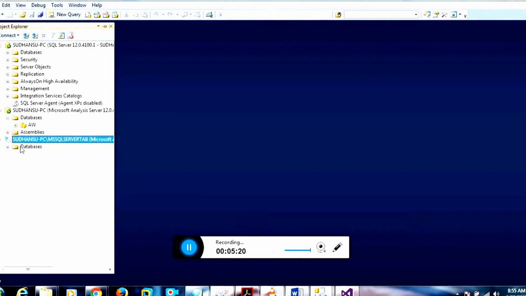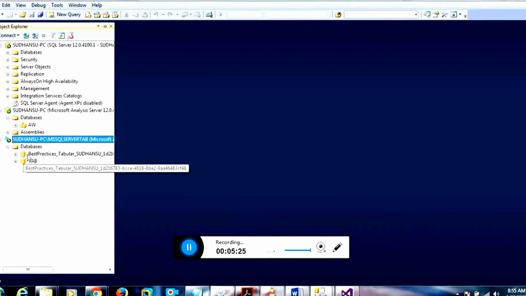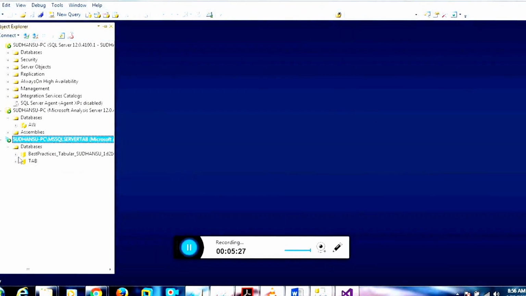See, best practices underscore tabular underscore Sudhanshu underscore something UID is coming, right? Whenever you are creating any project in your tabular model, it needs a workspace to store whatever you are doing there, so that modifications will reflect over here.